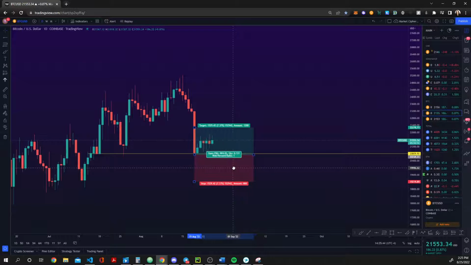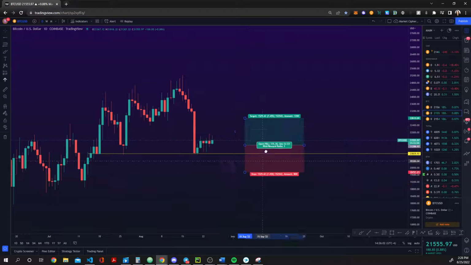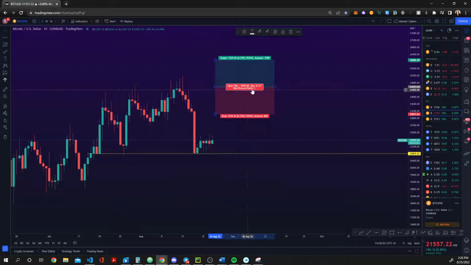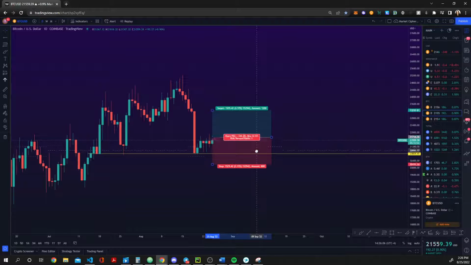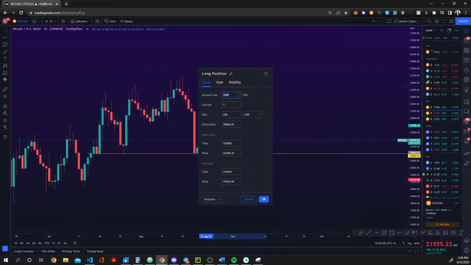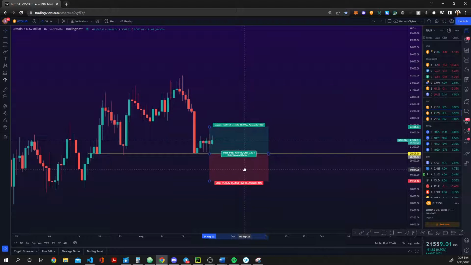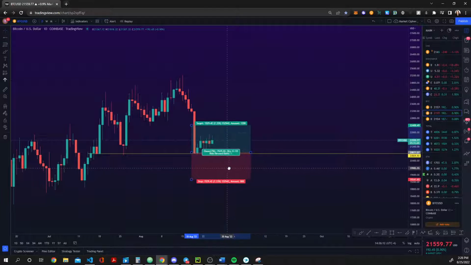But if you do have a plan, right? You're like, I'm entering because I can tell this is a good support. There's a fib here, whatever it is, right? There's reasoning why you're entering that trade at whatever price level. Good. Now we have to figure out your risk and your reward. So if you have this long position set up, as we can see right here, this gray line is your entry. So if you're putting, right, double click this, we're putting $1,000 into this trade. So your midline is right here. So this is where you entered your trade.